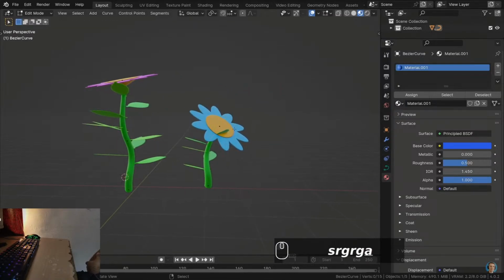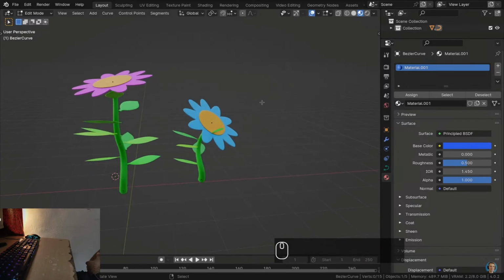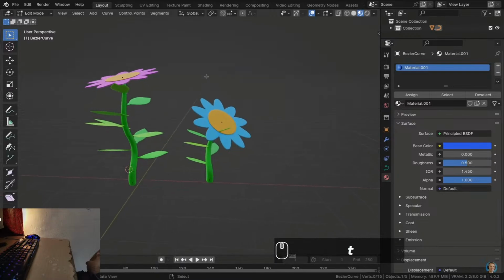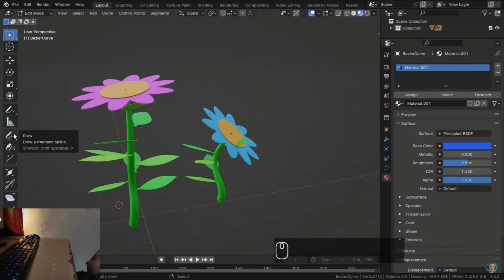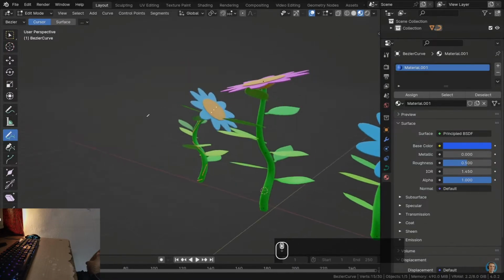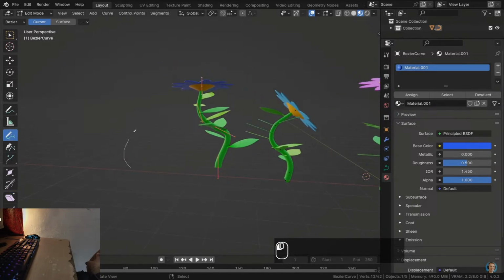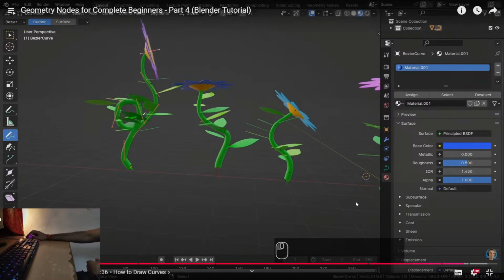and you can make another flower. But there is a really cool feature in the edit mode of the curves which will allow you to draw curves. So if you press the T key to open up the side panel, you can click on this button right here, which will draw curves. So now that I've enabled this, I can just left click and drag and then let go, and it's going to generate a flower right there. And I can continue to do this many times, so I can make some cool stylized flowers, maybe have one which